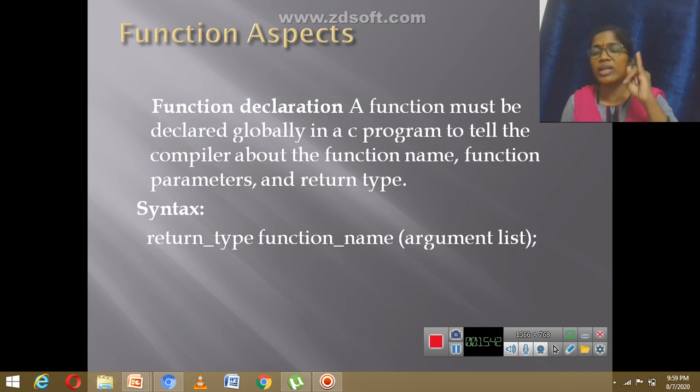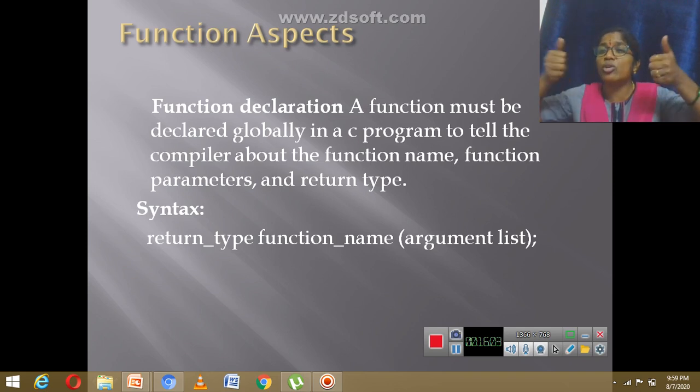So it will indicate what type of function it is, that means what type of value it is going to return, what the name of the function is, what type of parameters you are going to use, and the number of parameters you are going to use in your program, and it will end with a semicolon. It is declared globally, that means outside the function.